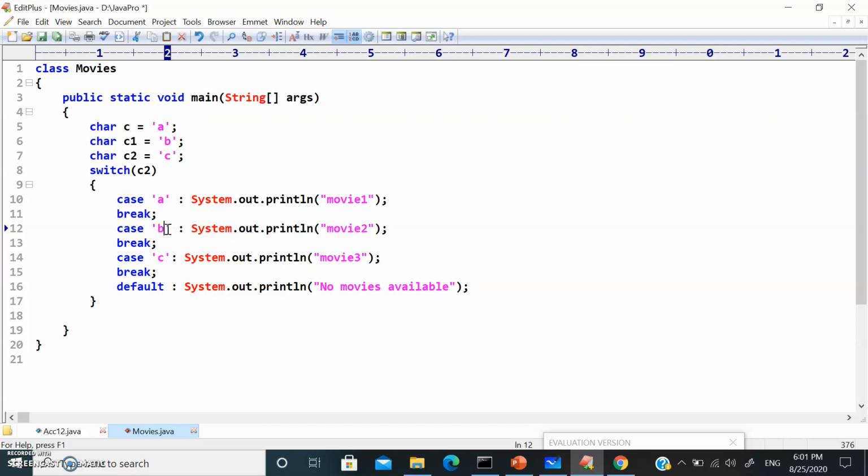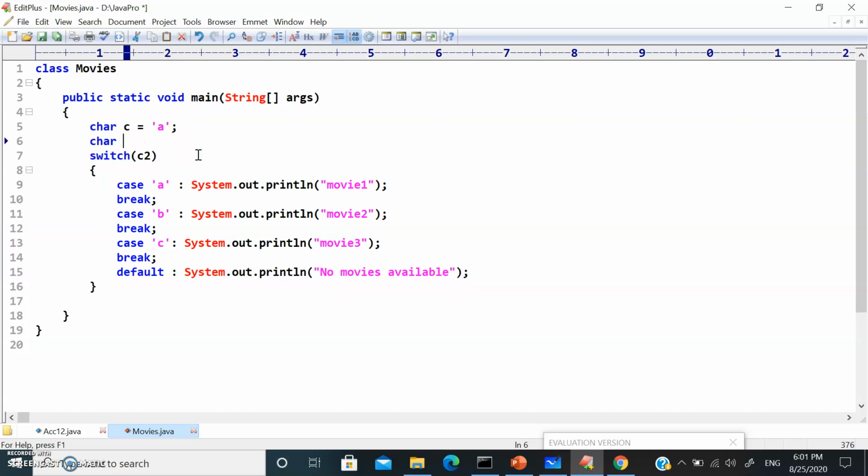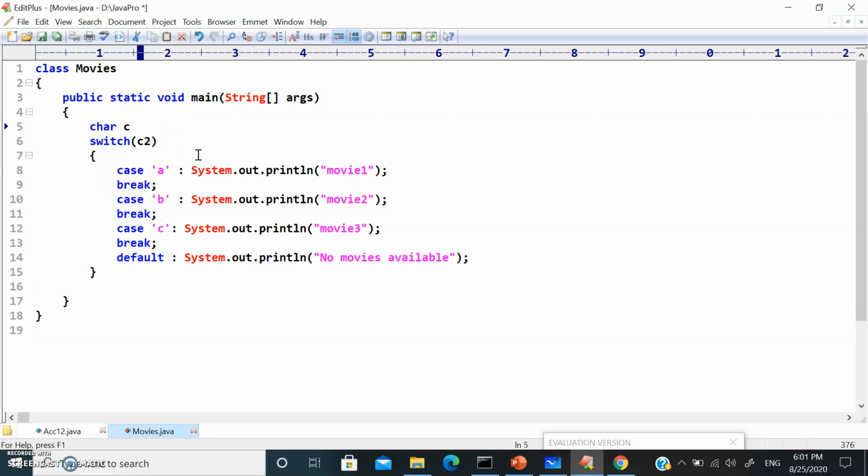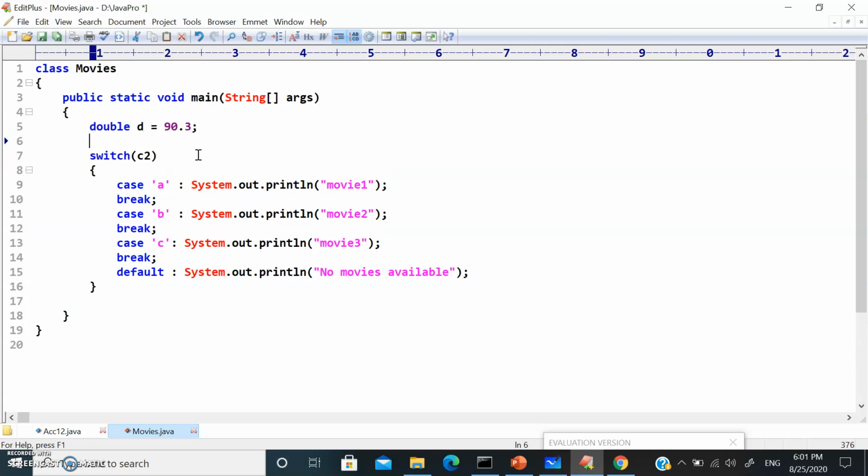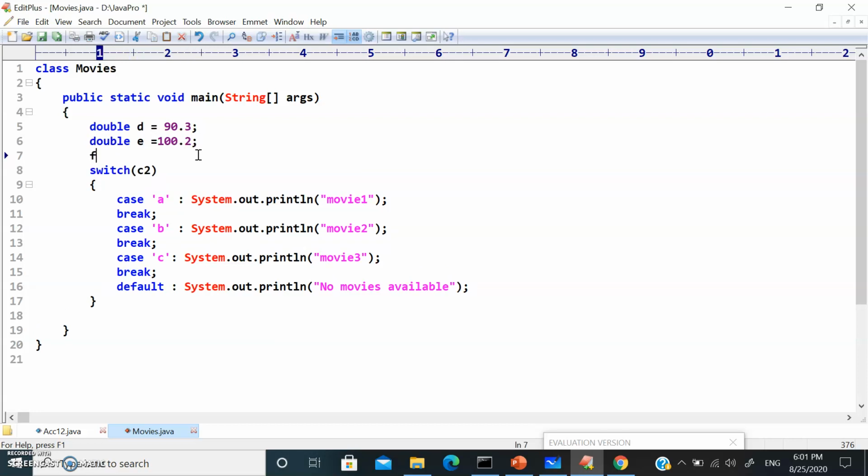Okay, we saw numbers you can use, characters you can use. Let's see if I try to use a decimal value, how it's going to work. Then let's go for another example as well. Double D is equal to 90.3, double E is equal to 100.2, and float D1 is equal to 12.3F.